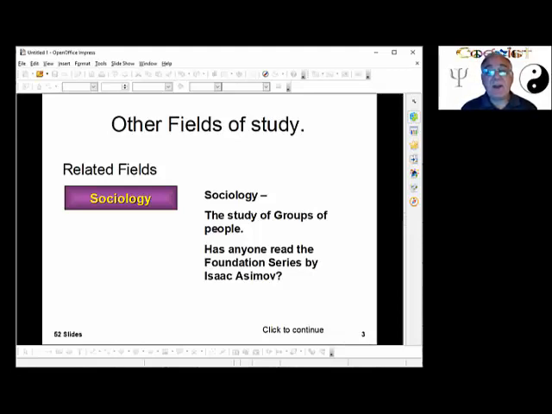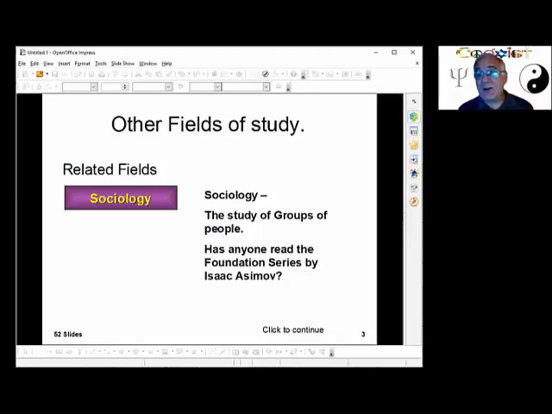Isaac Asimov's Foundation series. And the reason I bring it up is because there are sociologists working on mathematical formulas, and one sociologist from England, he calls himself a sociobiologist. He has developed a formula that seems to work that predicts how women in groups of 5 or more will shop while they're shopping together in a group.